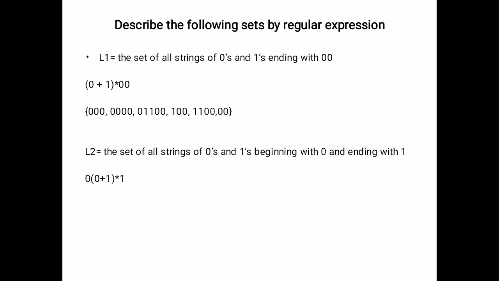So here the compulsory thing is what? The entire string is ending with 00. So we know the fixed position of 00, that is at the end we have 00. But before 00 we have the set of all strings of zeros and 1. So it consists of any combination of zeros and 1. That means that 0 and 1s come many times, or it may come infinite times, or it may come 0 times, but any string should end with 00.